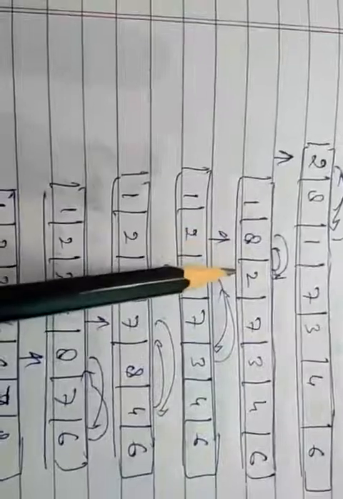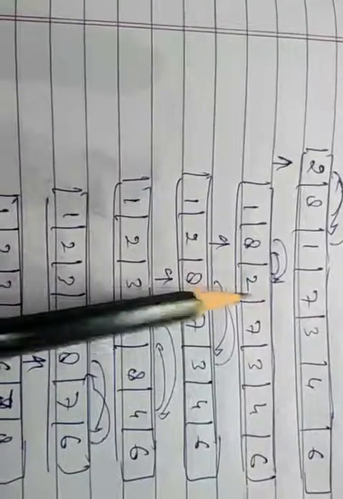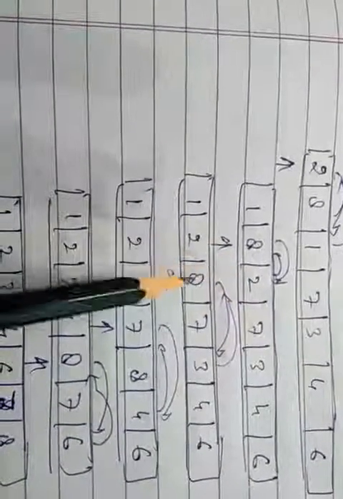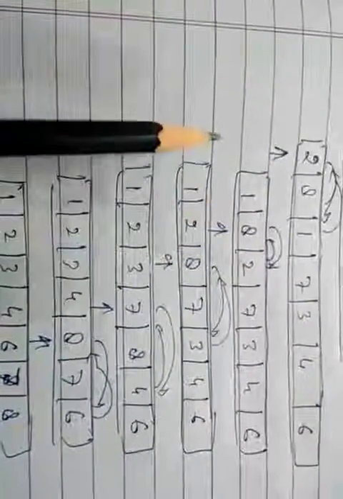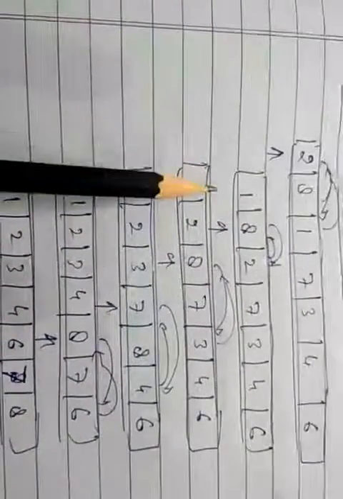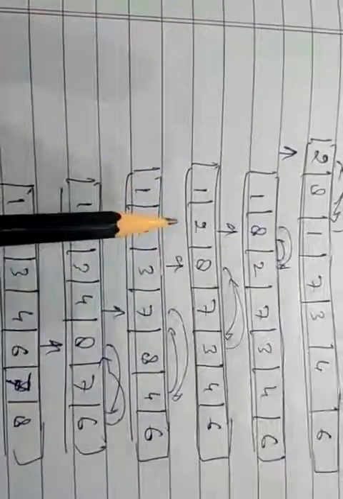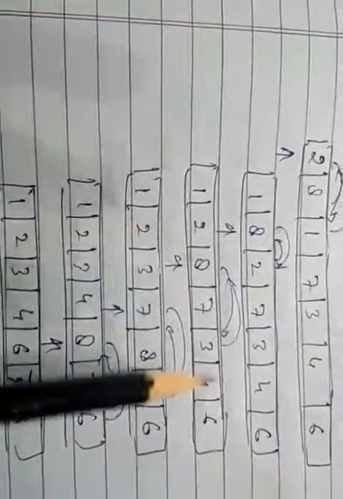And here we will come to the second box. So 8 will be compared with 2, 7, 3, 4, and in this the minimum element is 2. So 8 and 2 will be swapped. So this will become 1, 2, 8. So here we can say that in exchange selection sort, the element at the position will be interchanged with the minimum element of the remaining array. And now here this is the program of exchange selection sort.